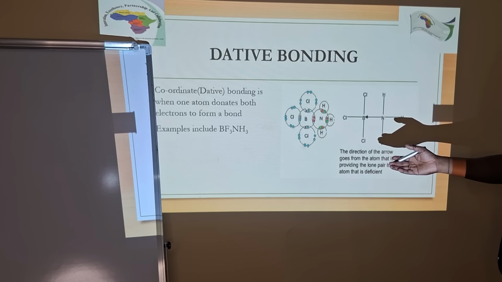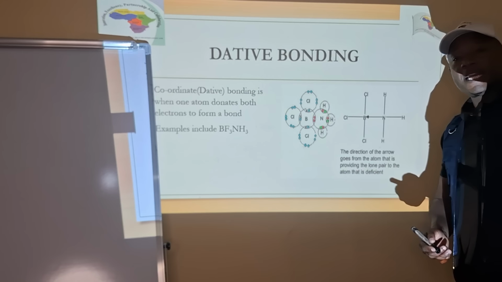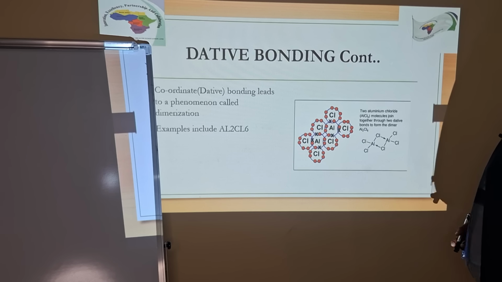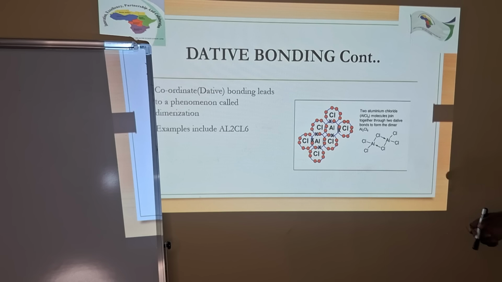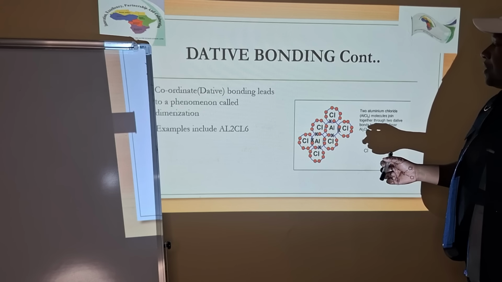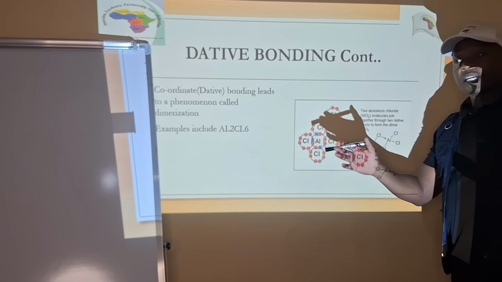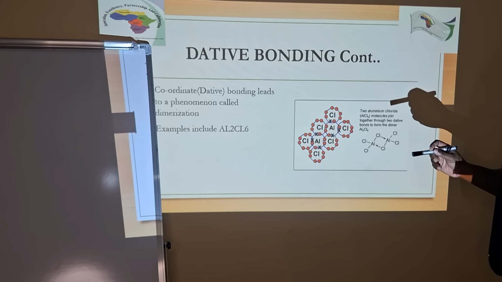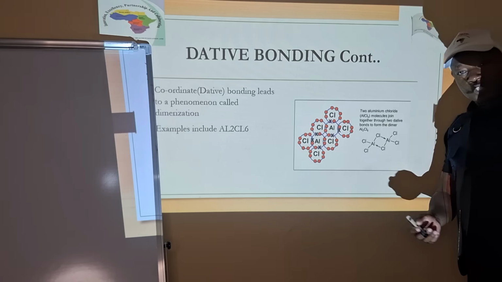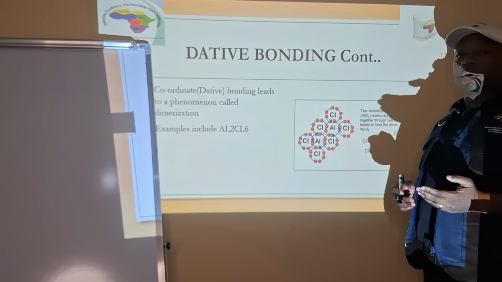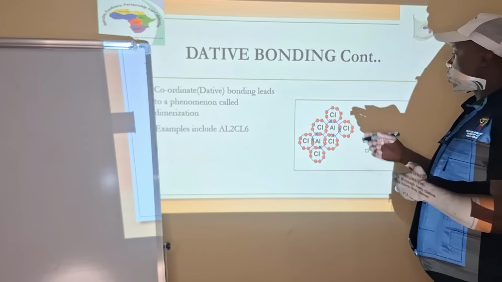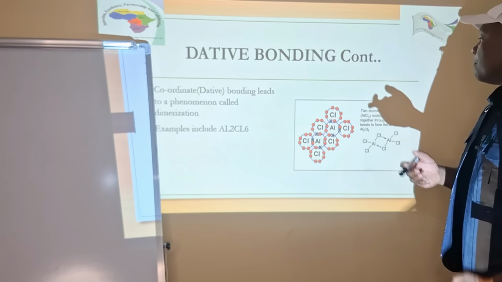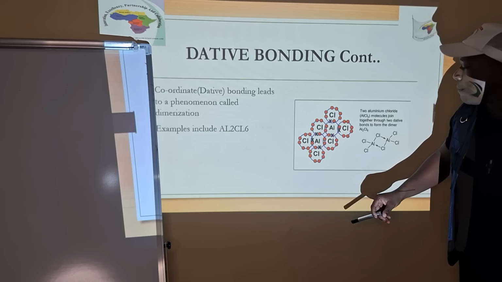Another important example of dative or coordinate bonding is seen in the dimerization of aluminium chloride, right? So this is your aluminium chloride. Aluminium, instead of existing as aluminium chloride AlCl3, does not exist as such. Instead, it exists as Al2Cl6, right? Di means two. Mer means structure. So by dimer, it means it exists as a two-unit structure, meaning that this aluminium here, if you look at it closely,